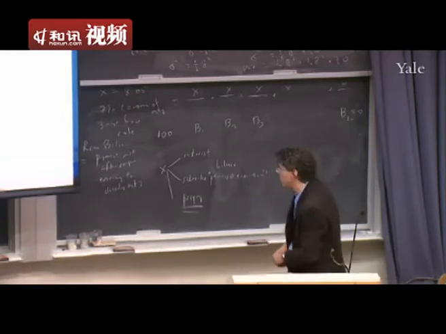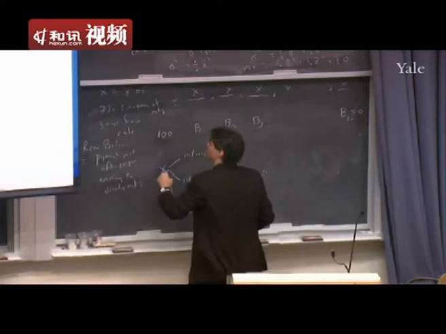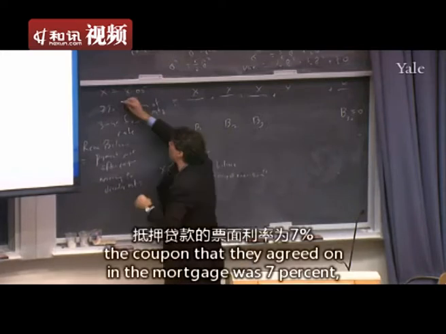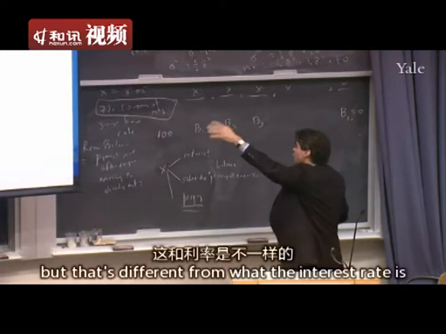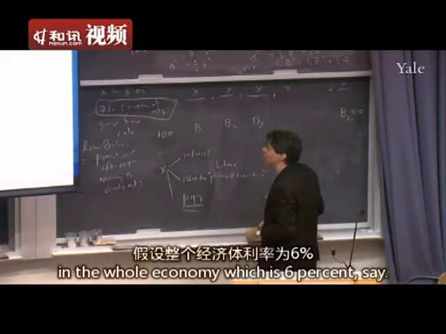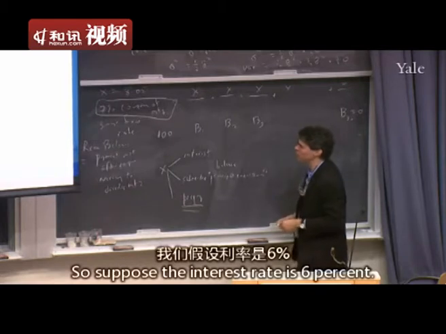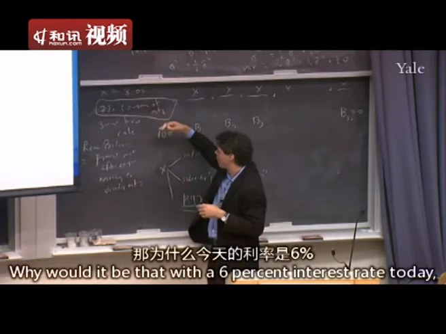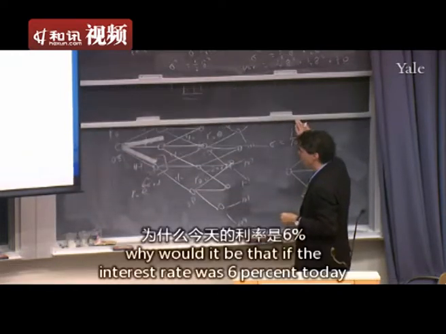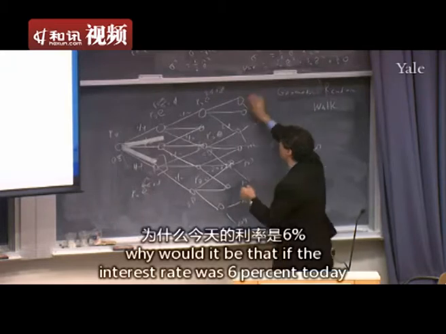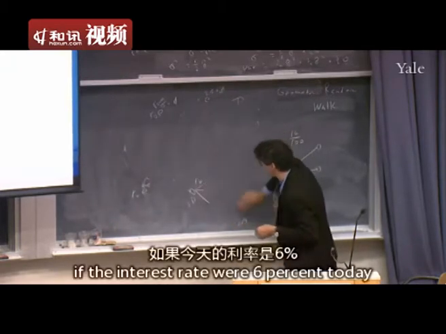All right, so now let's suppose the payment is 8. The coupon that they agreed on in the mortgage was 7%, but that's different from the interest rate in the whole economy, which is 6%, say. So suppose the interest rate is 6%. Why would it be that with a 6% one-year interest rate today, if the interest rate were 6% today,